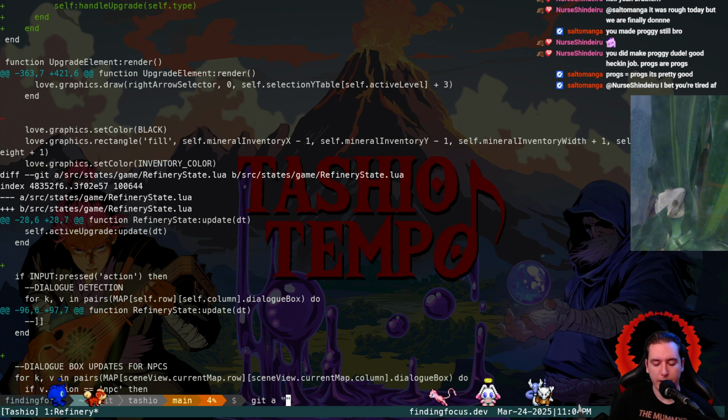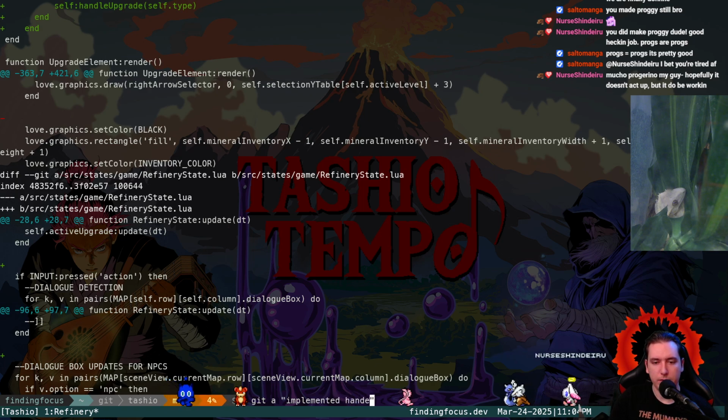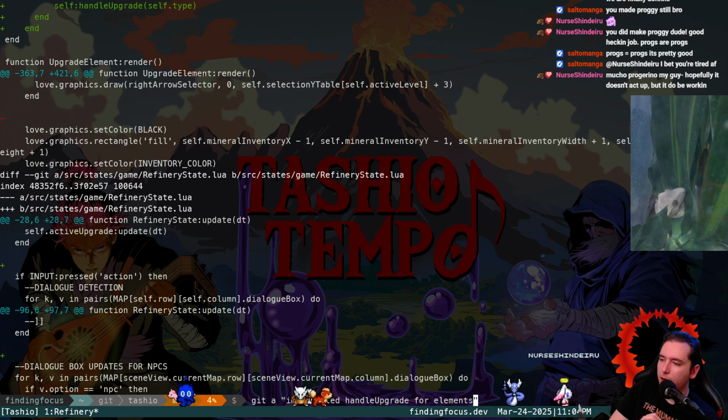We'll say that we have implemented handleUpgrade for elements. So we can officially, other than